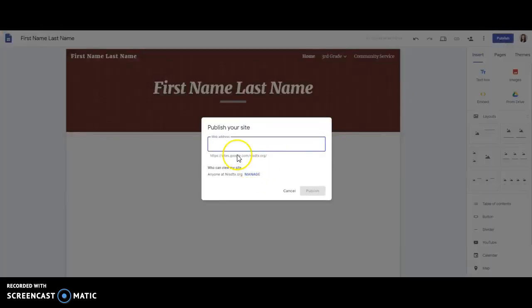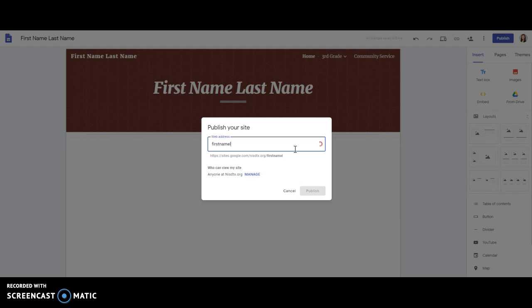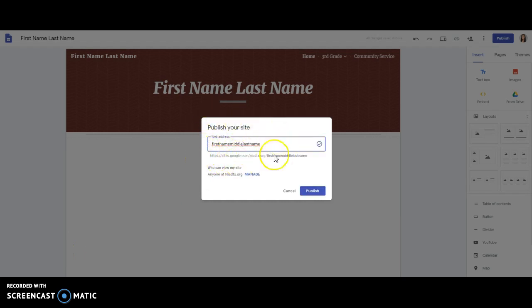If you click on Publish, you'll then need to go ahead and claim your web address. So typically this is going to be first name, last name. It just needs to be something that's not taken. So since this one's taken, I might include maybe a middle initial. Okay, I now have a website name that can be published,